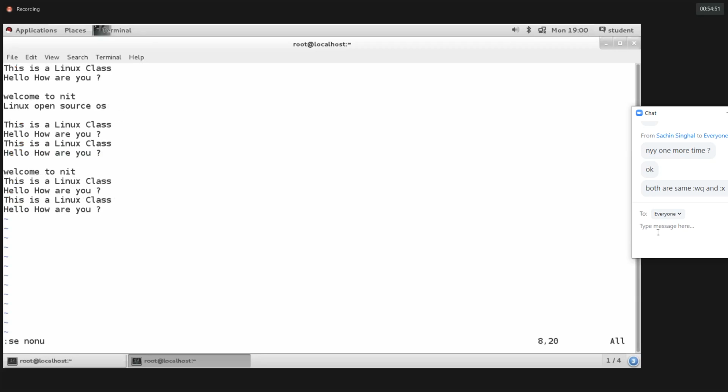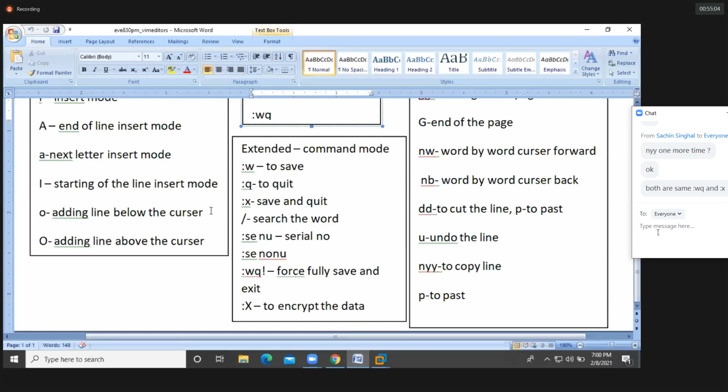So we are going to remove the line numbers. According to your requirement, you can add the line numbers, but they are not permanent. To identify the lines, we assign line numbers. That's it. In a real-time environment, you're going to edit configuration files, and a configuration file will have a number of lines. We know that in a configuration file so-and-so line needs to be edited, so we can go directly to that particular line and edit. So using line numbers. I hope you're clear.